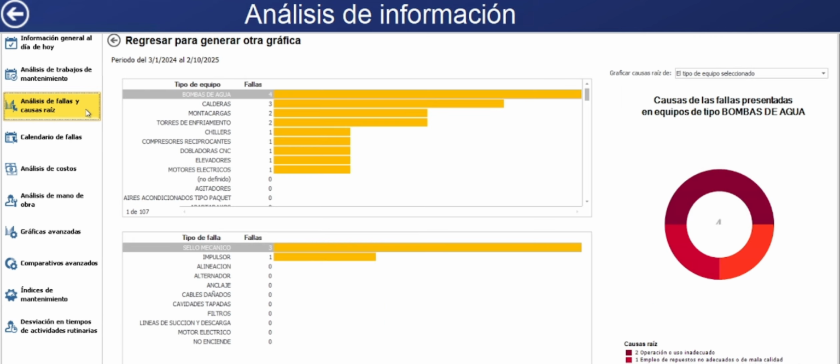The analysis of failures and root causes enables the identification of patterns and determination of the main reasons for equipment failures. This analysis is divided into three key sections. 1. Equipment family with the highest incidence, identifies the types of equipment that have experienced the most failures in a given period. 2. Most common failures, displays recurring issues within the selected equipment family, facilitating the detection of trends and